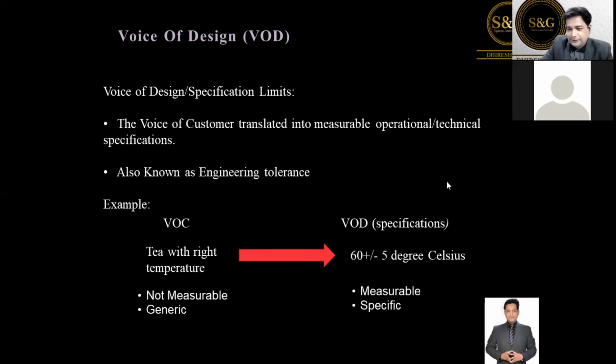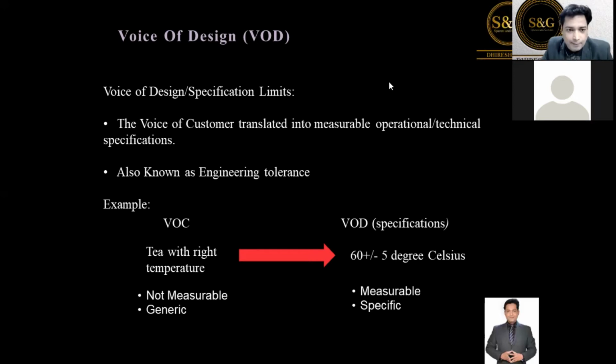So let's understand this. Now, during our yellow belt training program, we have understood one law of nature, that variation is nature of nature. Okay, we cannot hit the target every time. So there has to be some variability, there has to be some window, some range which customer has accepted. Okay, and that range is nothing but a specification limit, and that is derived from the requirement of the customer. So customer defines this specification limit. We just convert that from voice of customer to an actual specification limit in a quantity.